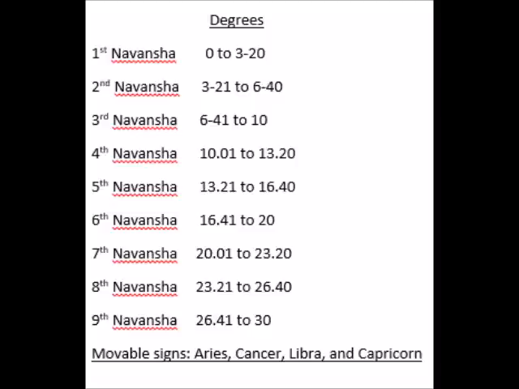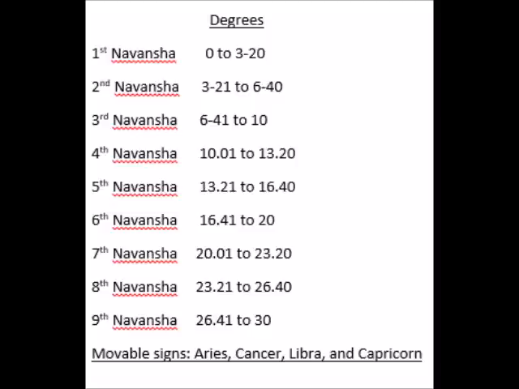So we'll just take Jupiter, and since it's the first Navansha and it is sitting in the sign of Cancer, which is a movable sign, we'll just take Jupiter and put it in the sign of Cancer in the Navansha chart. So I've just taken these 3 planets, and the rule is pretty much the same, and you know what the movable signs are: Aries, Cancer, Libra and Capricorn. You know what the Navanshas are, 1 through 9, and what degrees they relate to, and in case it's a movable sign,